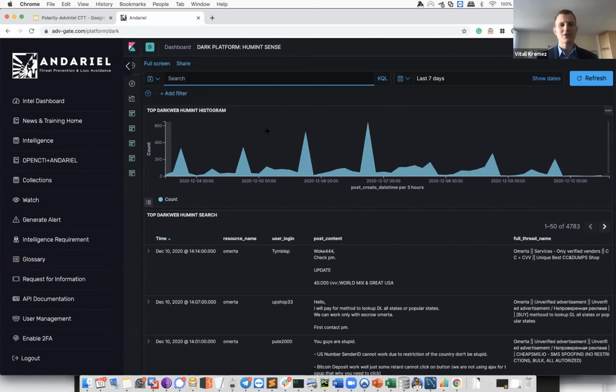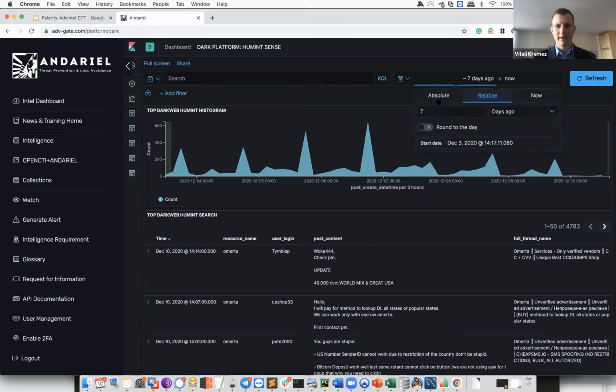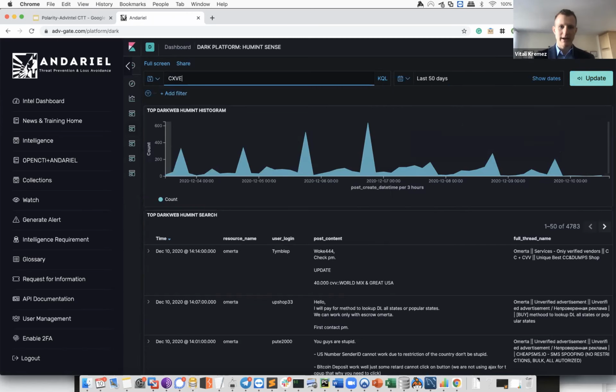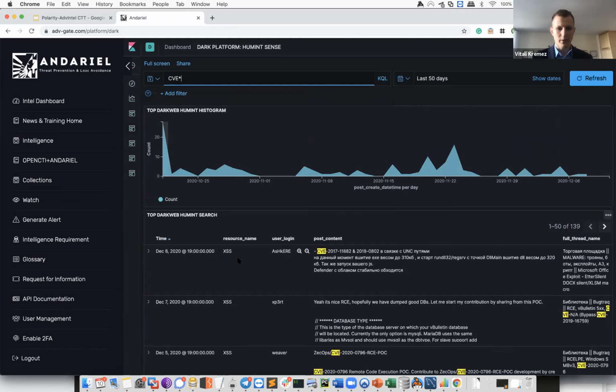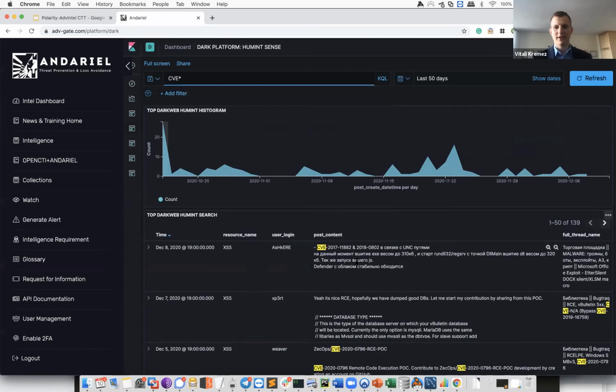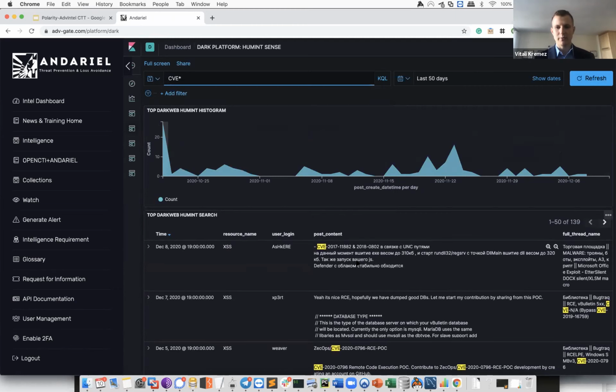And we'll be using this as an example to drive some, for example, vulnerability management practices. So we can search, for example, at what point of time the actors speak to certain vulnerabilities. For example, for the last 15 days, we can search by CVE, wildcard, for example, across our collections. What are some of the latest reports from different forums? For example, the forum name can be XSS, and the criminal actor in Russian describes that they're looking to trade a vulnerability for CVE